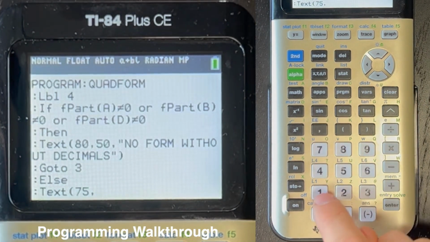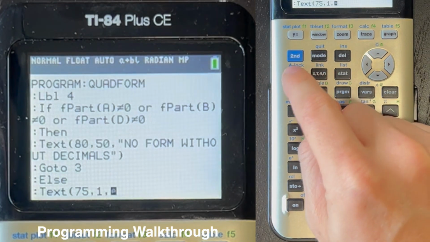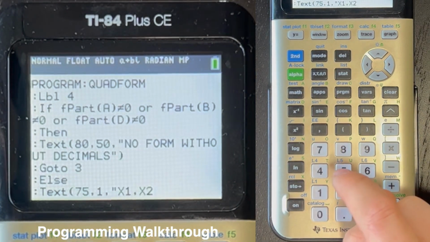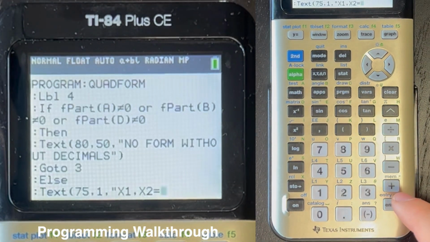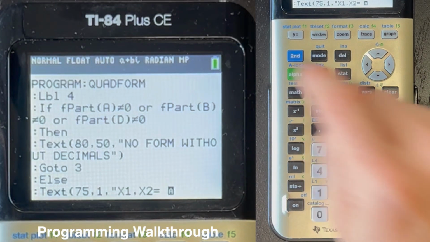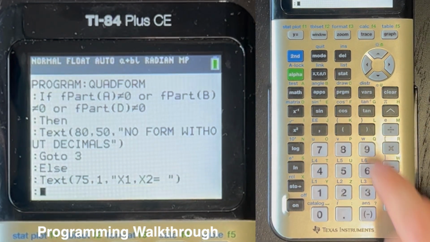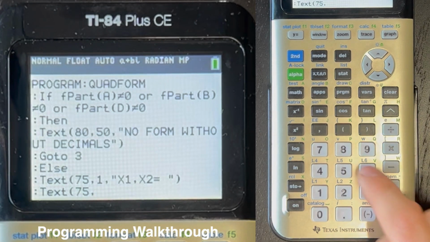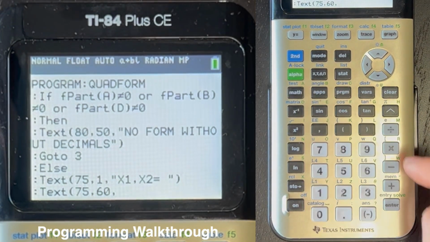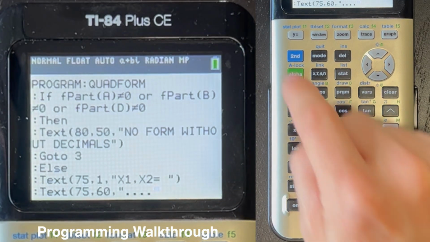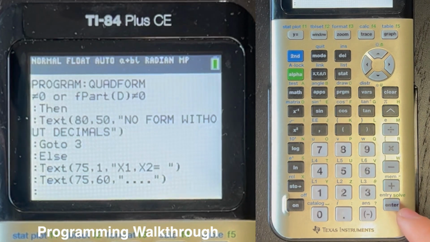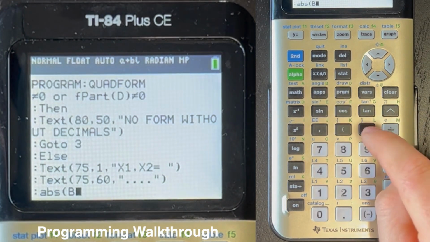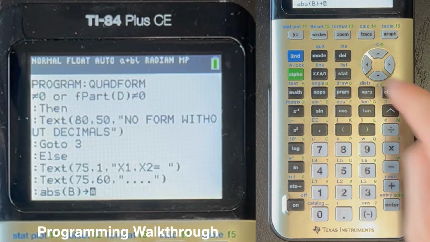text, 75, 1, comma, x1, comma, x2 equals alpha space, alpha close quotes and close parentheses, enter second program, 0 for text again, 75, 60, comma, open quotes, 4 dots, 1, 2, 3, 4, close quotes and close parentheses, enter, and then math, absolute value of alpha B, close parentheses, store that as H,